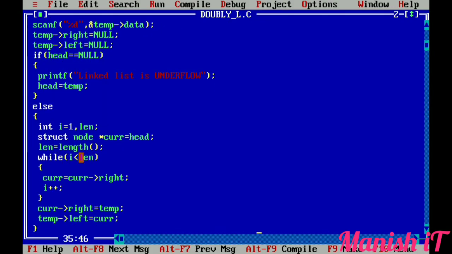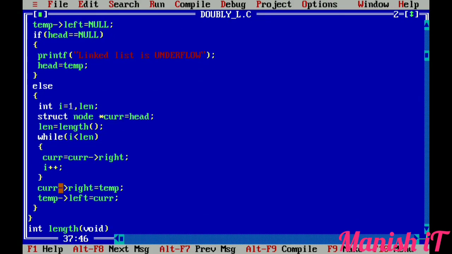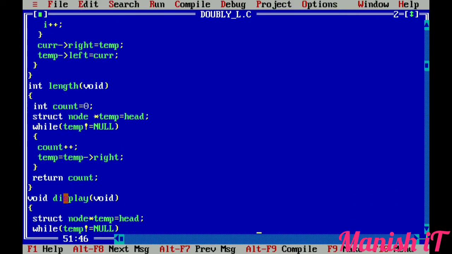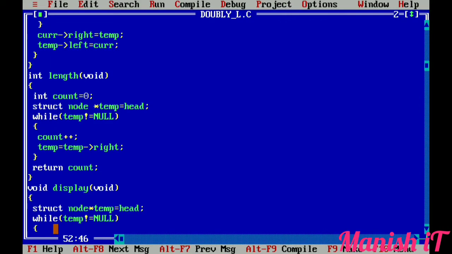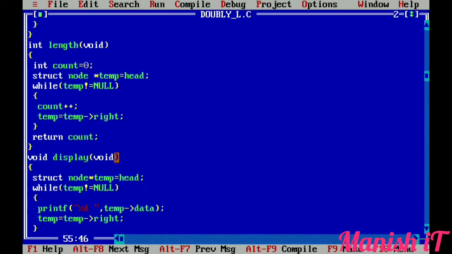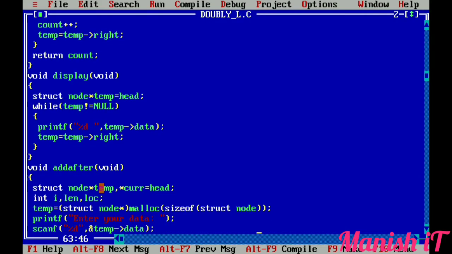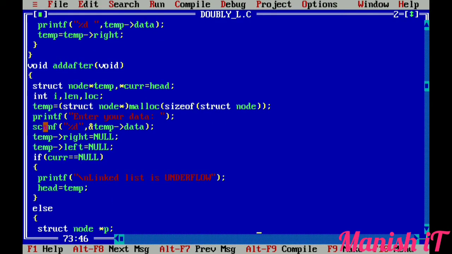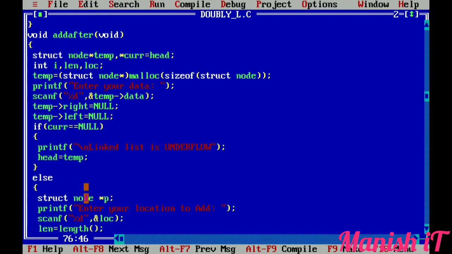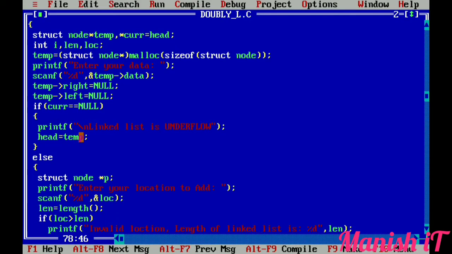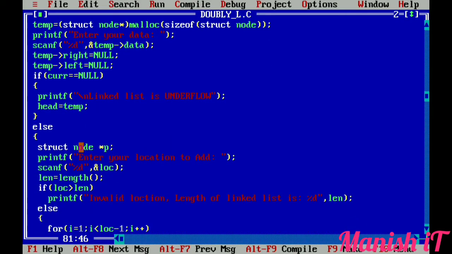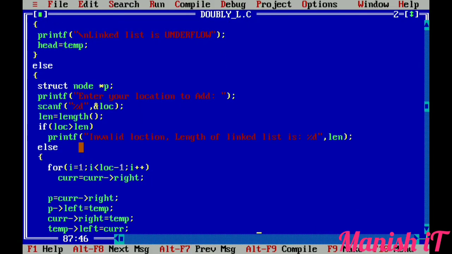This is the create function, the else part adds at a position, and the length function is called, which simply returns a value. Then the display function is called and prints all this, and the add-after function is called. Whatever I implemented there is the same here, so it executes according to your need.